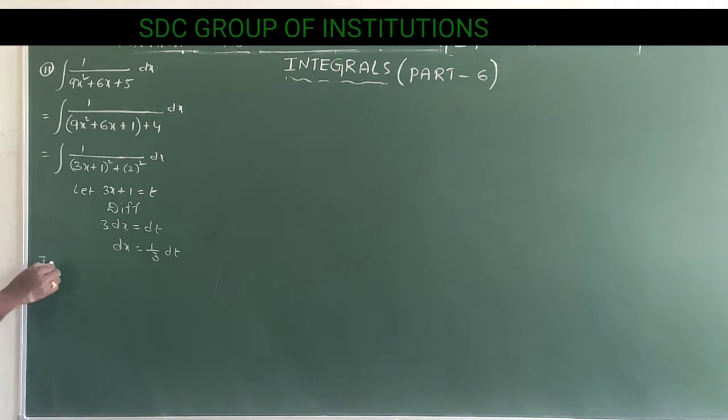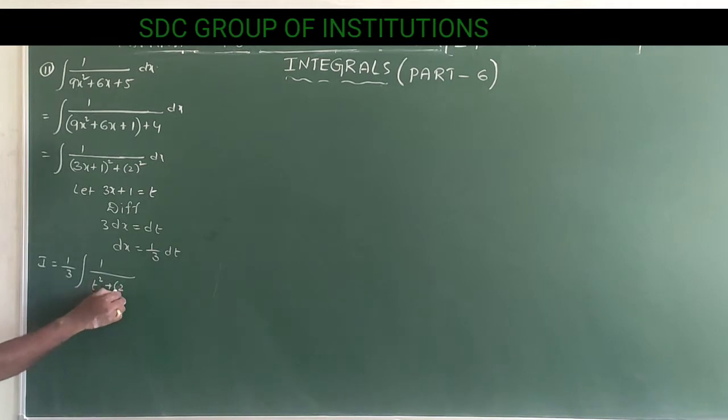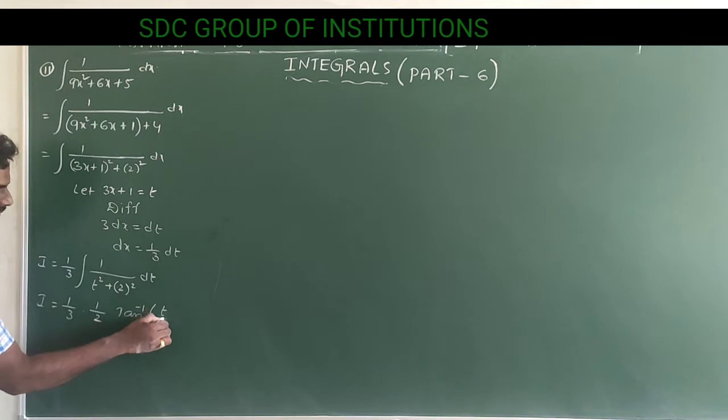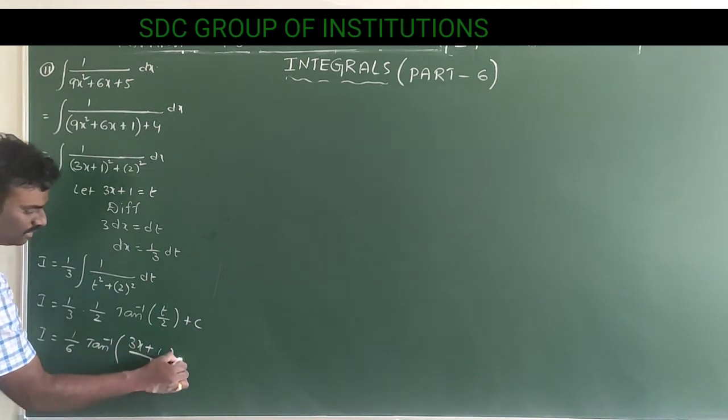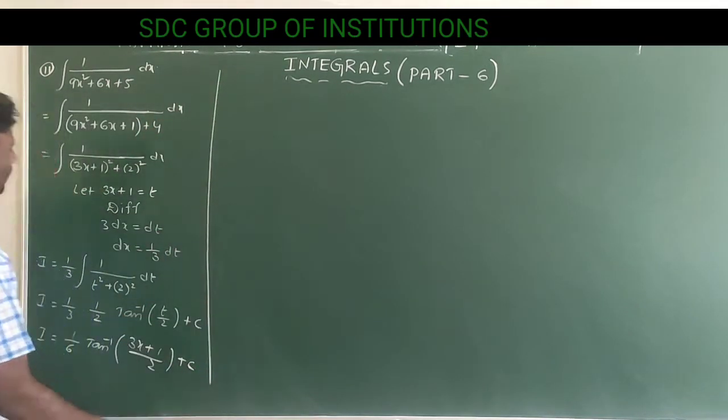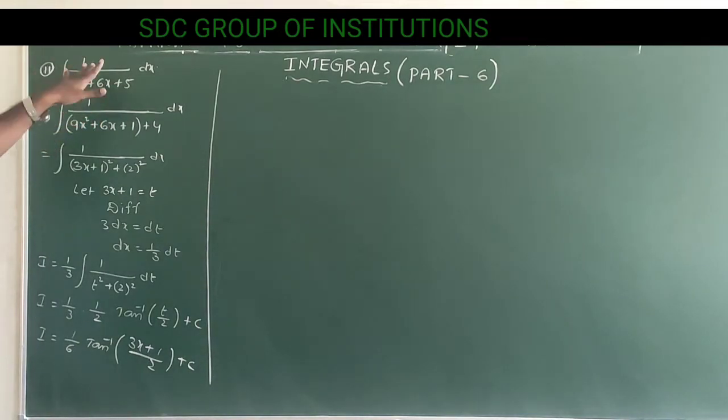Now the question, I equals 1 by 3 times 1 by t square plus 2 square. By the formula 1 by x square plus a square, that equals 1 by 3 into 1 by a tan inverse of x by a plus c. Then I equals 1 by 6 tan inverse of, in place of t we can substitute 3x plus 1, by 2, plus c. Here you can take 9 common now, you will get the answer, but it is a little lengthy and this is easy to find. Okay, next